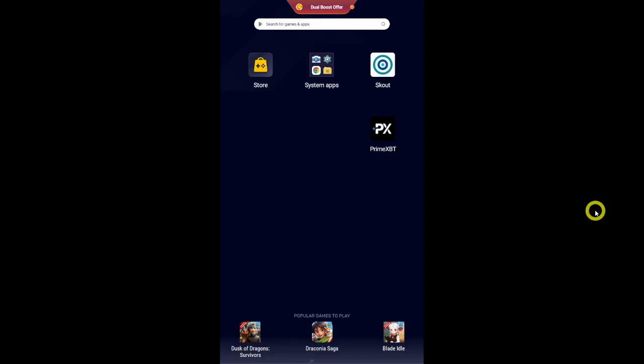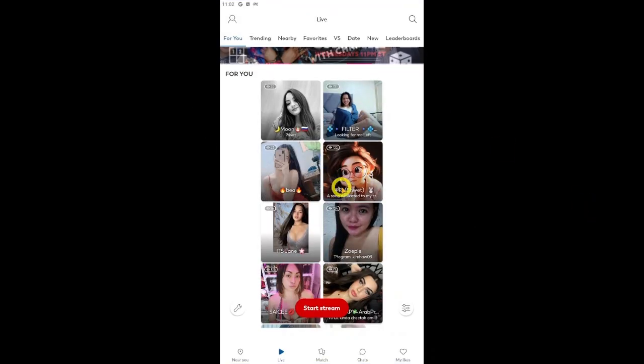To start a live stream, first of all, open the SKOUT app on your mobile device. Once you open the app, log in to your account with your registered email and password. As soon as you get logged in, make sure your camera and microphone are enabled. If both of the settings are enabled, now on the home screen you'll be able to see this option for